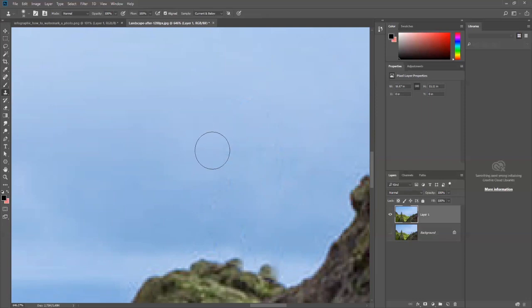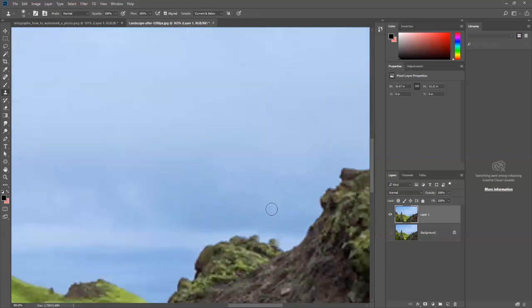You can, as you all know, just go ahead and click using it, and then you can remove the areas that have a small problem when blending with the sky. So I think